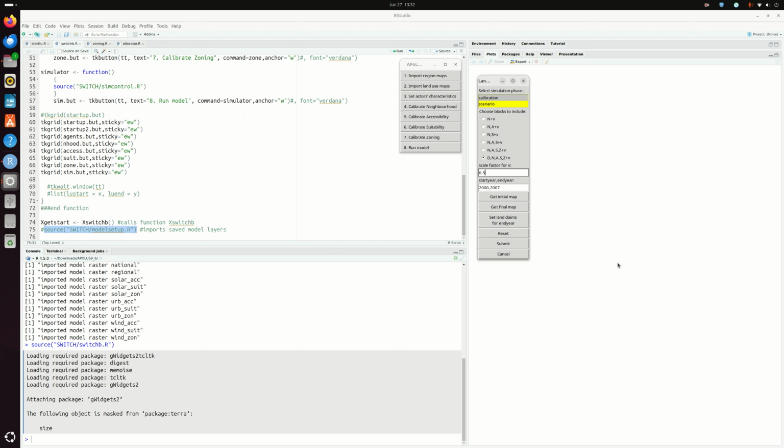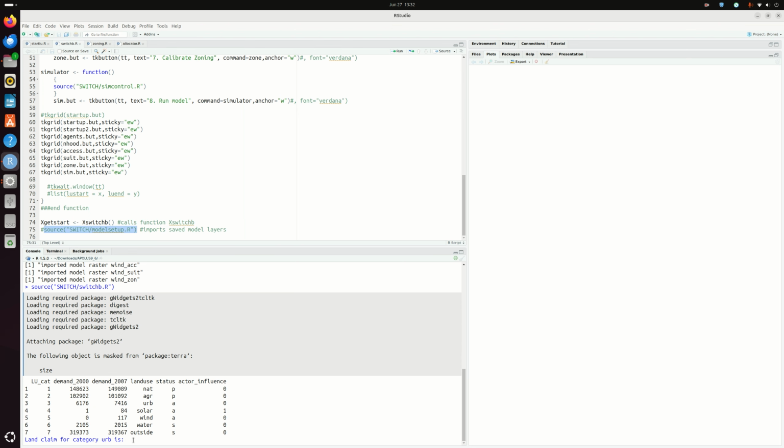Okay, and we're going to try and produce a simulation of that second land use map to compare, to see how well we've calibrated our model. So at that point we need to set our land use claims for our end year. Okay, and it's then going to ask us to set our claims, our land use total demands for those years,